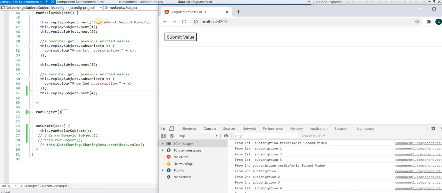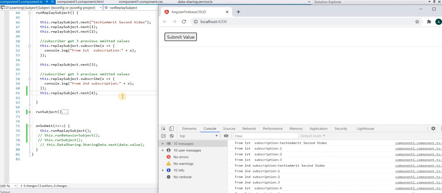One is Techie Amrit second, then 1, 2, and this is 3, because before we haven't subscribed yet, so it gives us the value 3. Now second, first, second, third and fourth. As I push another value, in addition to the previous 3 values, it stores another value, that is 4. So this is how replay works.